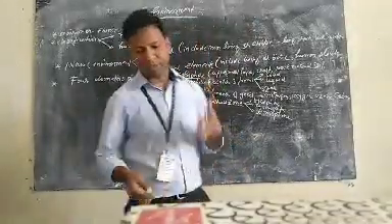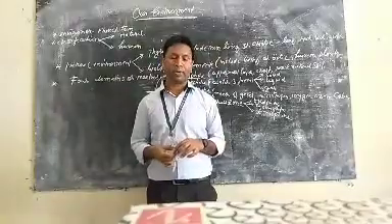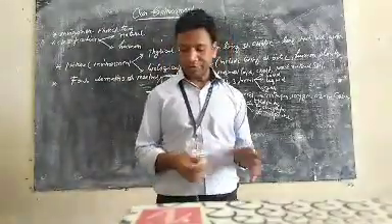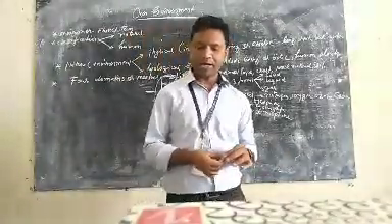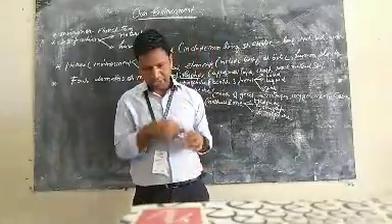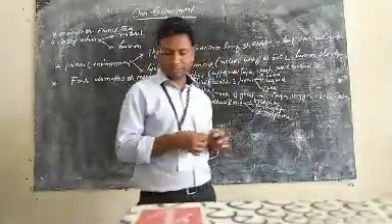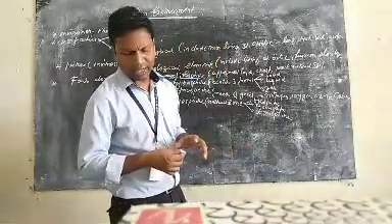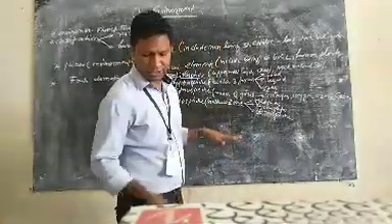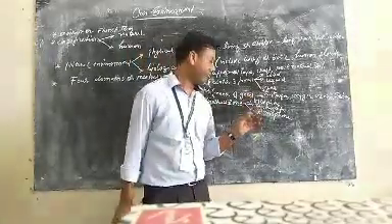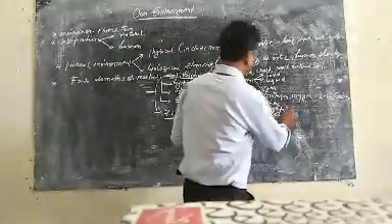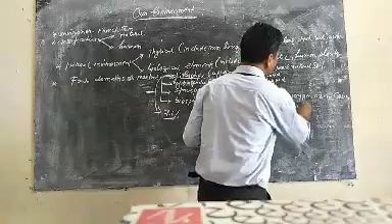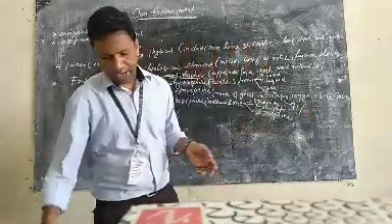Next we have the atmosphere. Now why is the atmosphere important? Now see, the atmosphere is a mixture of gases that surrounds the earth. The most abundant gas found in the atmosphere is nitrogen. Nitrogen is a very huge amount,